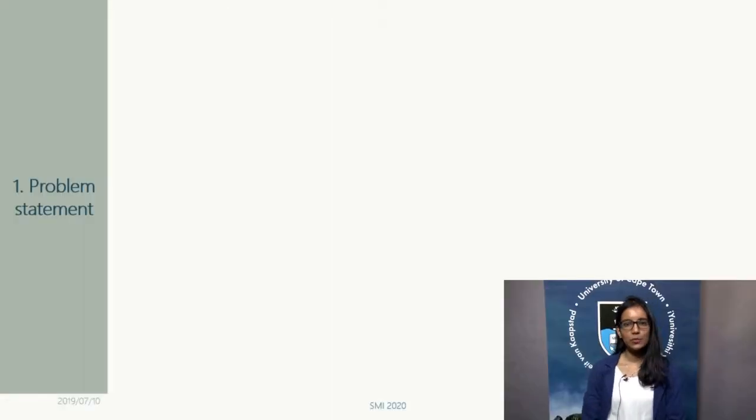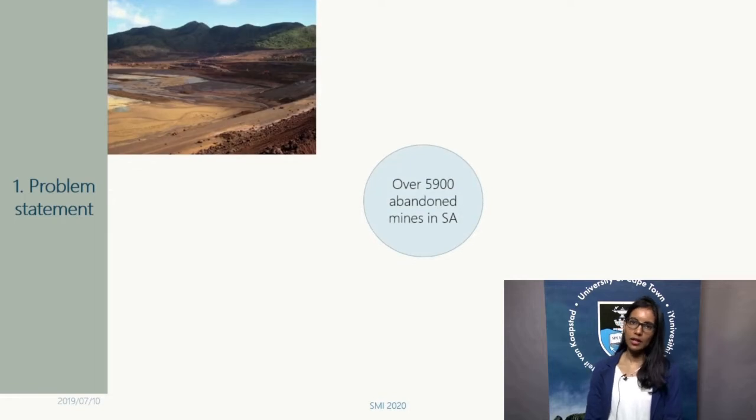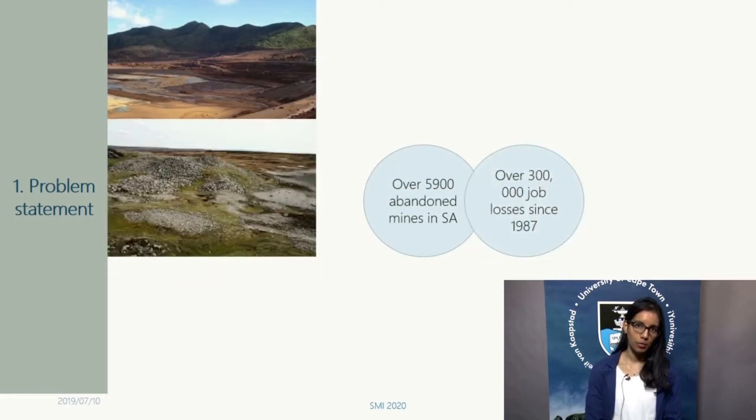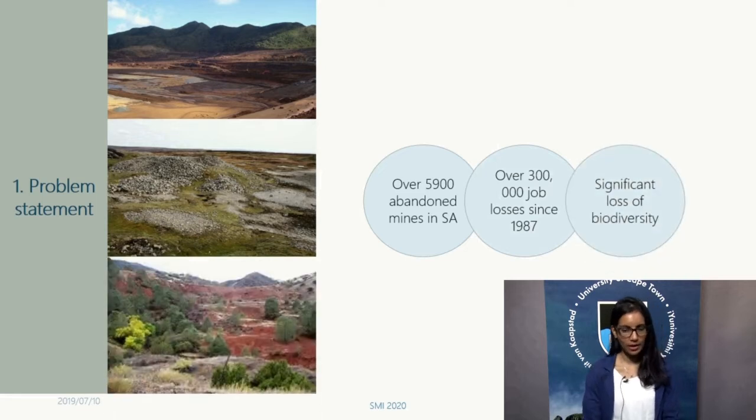Since the 1980s, with the advent of new mining regulations, protests from environmentalists and the collapse of the apartheid system, there are nearly 6,000 abandoned mines in South Africa. This has resulted in over 300,000 job losses and a significant loss of biodiversity. There's a constant need to find new, innovative ways to develop a resilient post-mining economy to support surrounding communities and